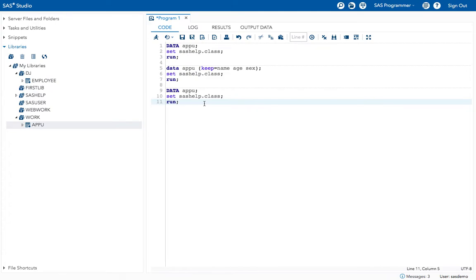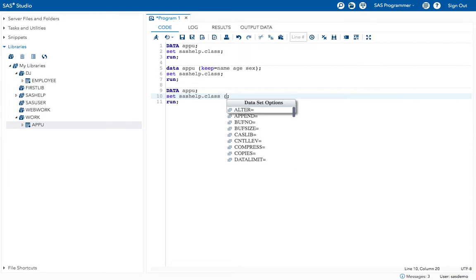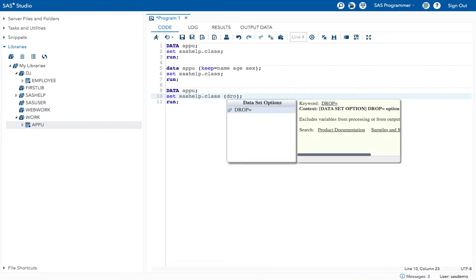Now next we will try the drop option. Now we have used keep, right? Now try the drop option. How will we do that? Give drop equal to.